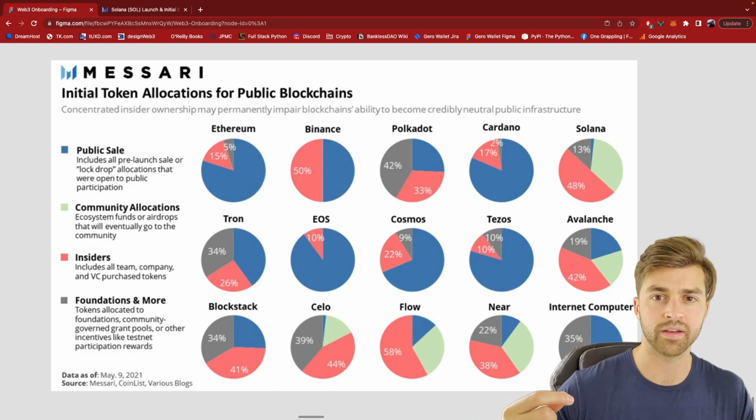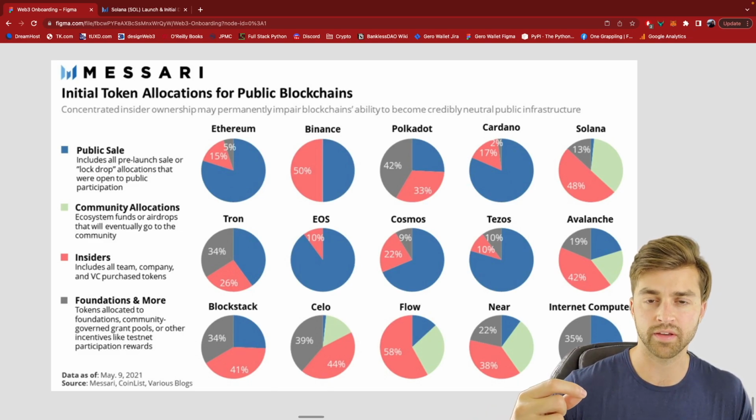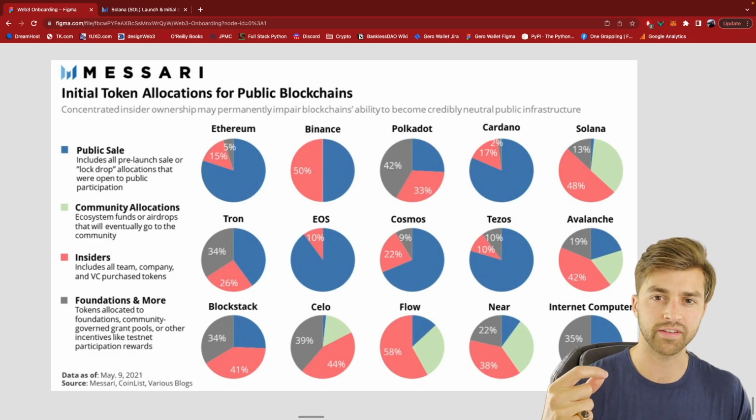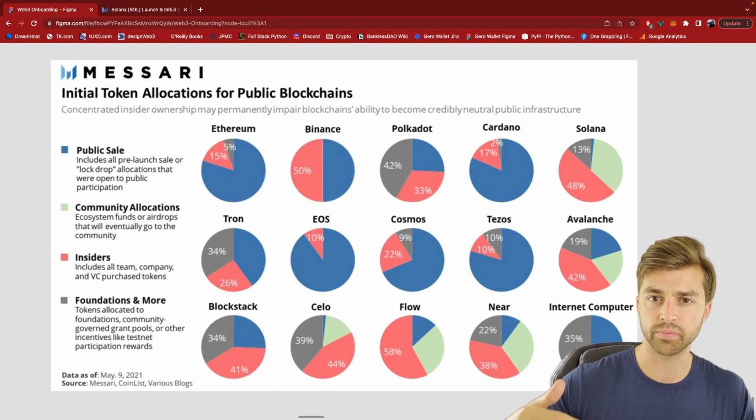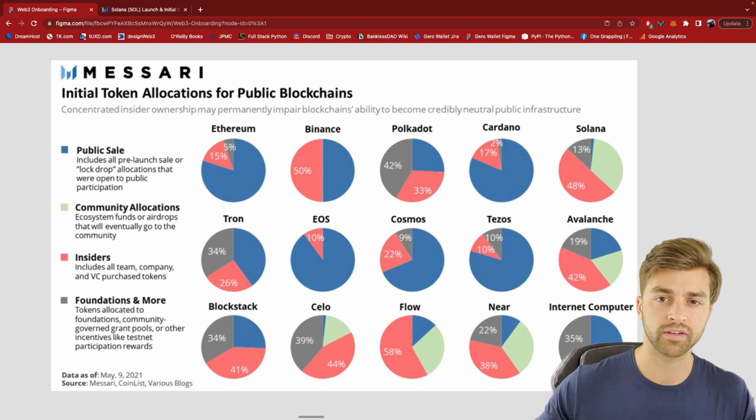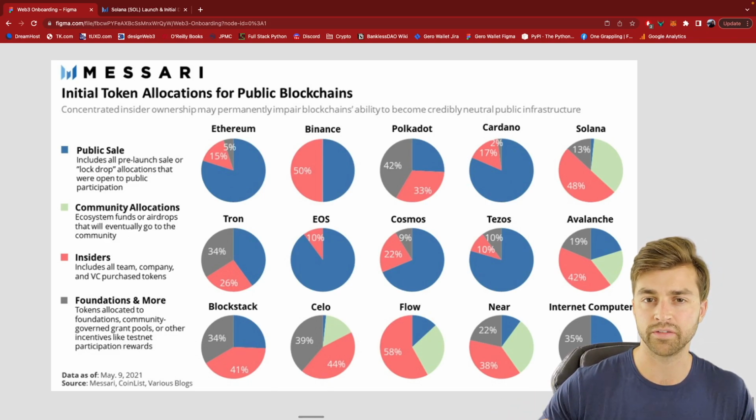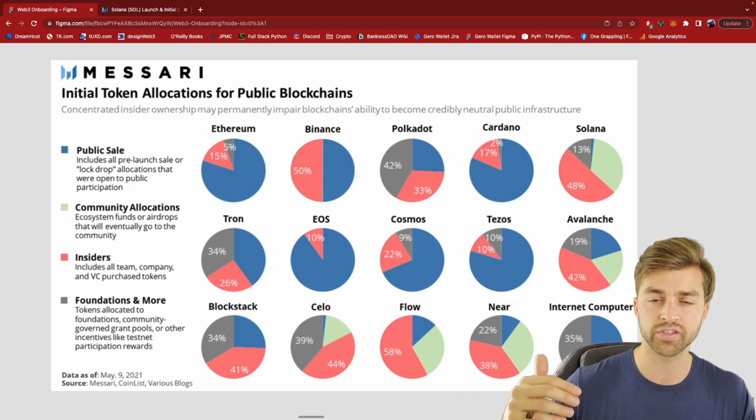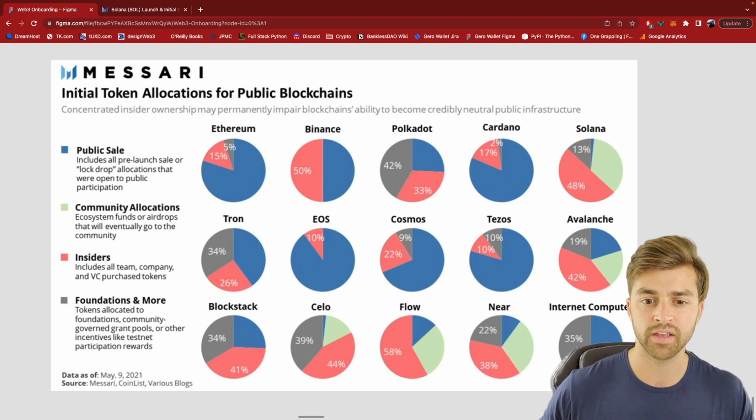This is important because this has to do with SEC regulation. The SEC seems to be okay with fair launches, but when you start getting into pre-allocations of tokens and crowd sales, this looks to the SEC as offerings of unregistered securities. And in the next several years, the SEC has the intention of regulating these sales. So these token launches could change drastically in the coming years. And so the funding mechanisms for Web3 could change as a result of all of this regulation to come.